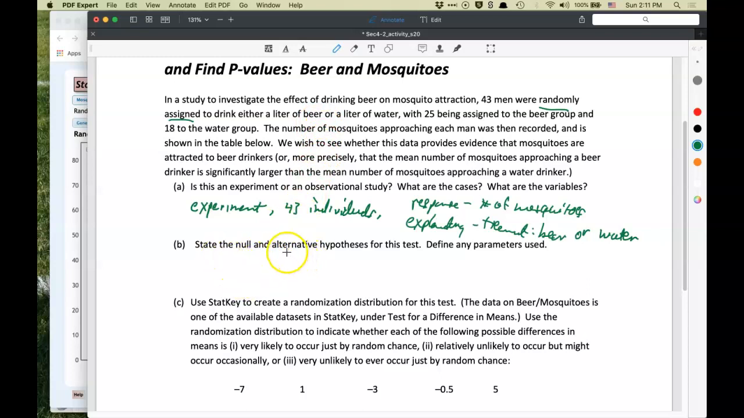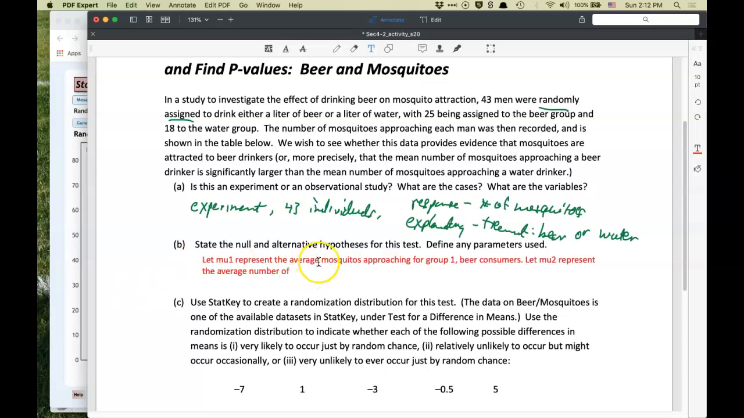State the null and alternative hypotheses for this test. So the null hypothesis, well, let's see. So first we should define our parameters. So we're going to define, let mu1 represent the average number of mosquitoes approaching for group 1, beer consumers, and let mu2 represent the average number